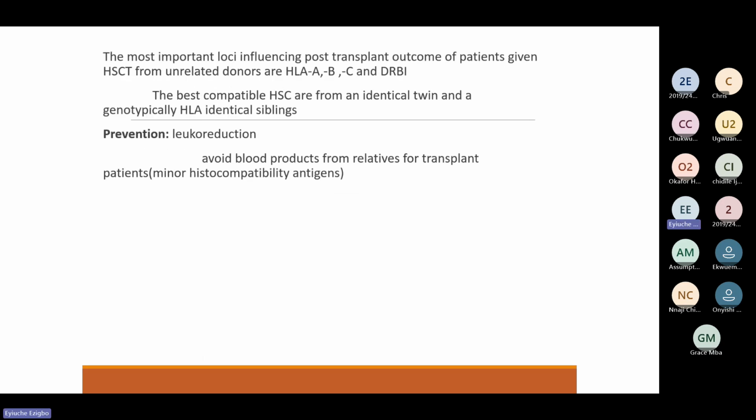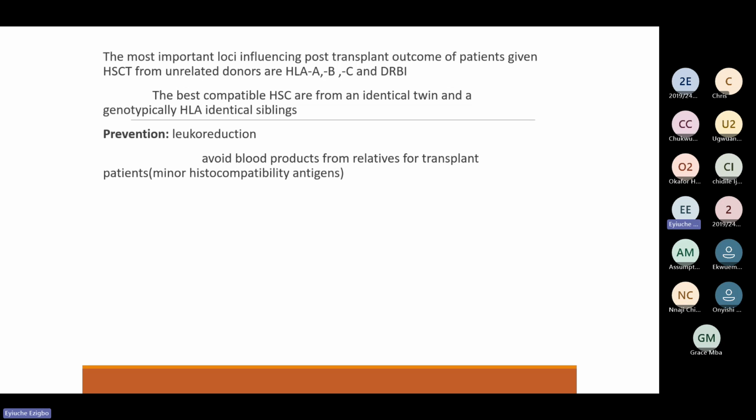The most important loci influencing post-transplant outcome of patients receiving hemopoietic cell transplant from unrelated donors are the HLA-A, B, C, and DRB1 loci. The best compatible hemopoietic stem cells are from an identical twin and a genotypically HLA-identical sibling. Prevention of such complications is by leukoreduction and avoiding blood products from relatives or transplant patients. Okay, we'll see the details of these